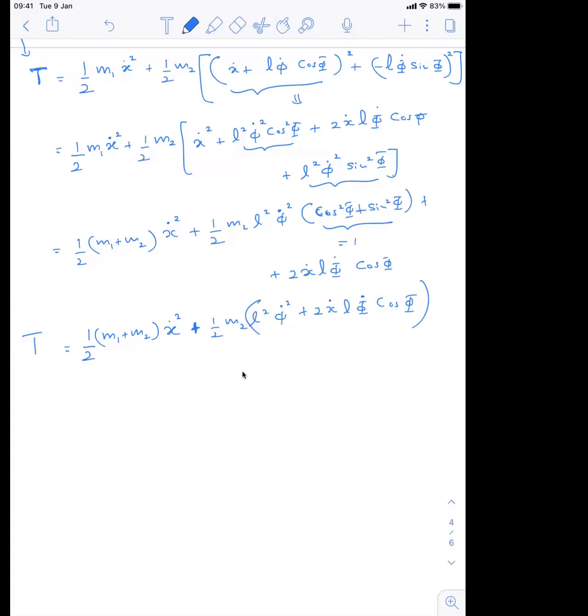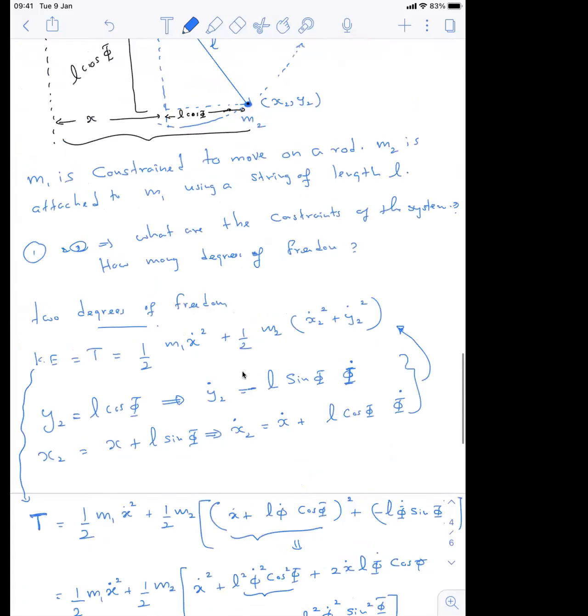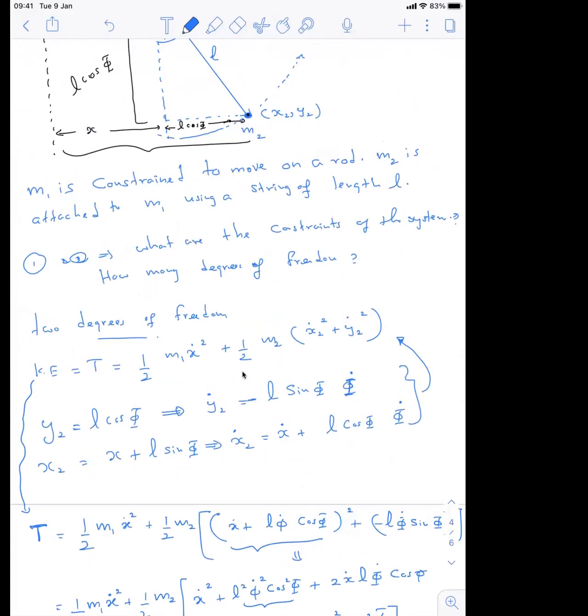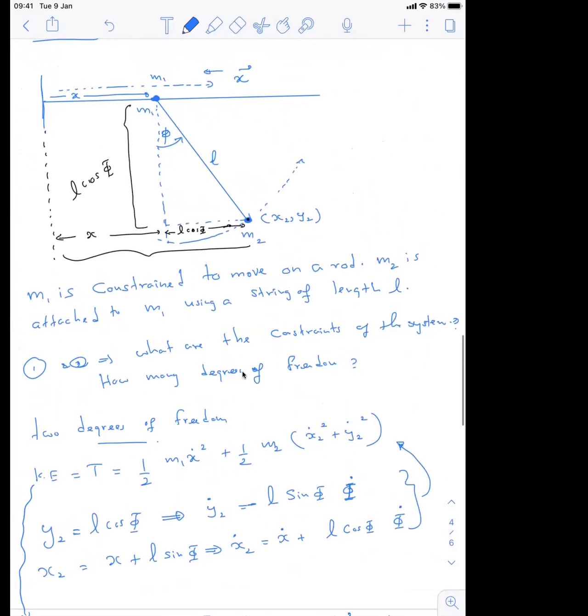So this is the Lagrange kinetic energy. Now let's look at the potential energy. Potential energy is actually easy. So as I guess Inomi has done, it should be minus m2 g L times the cosine of the angle, because